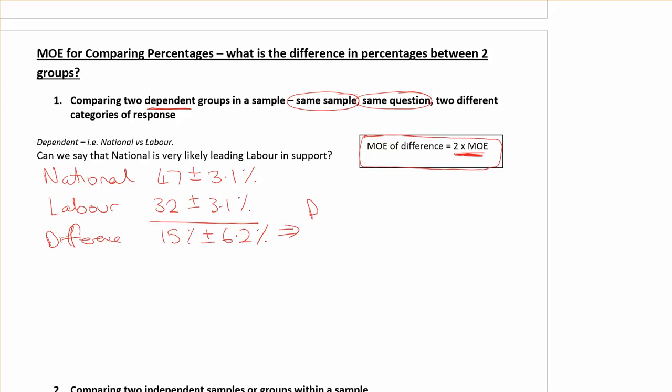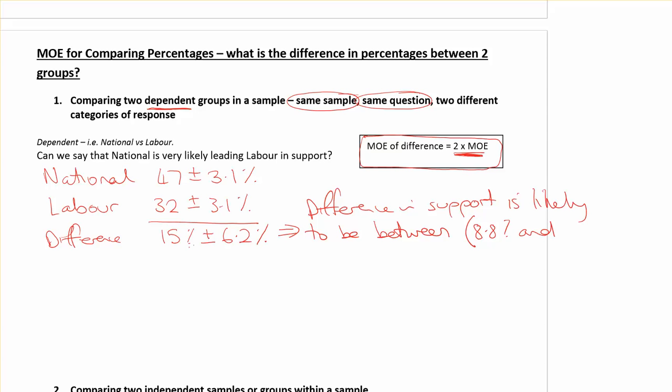That tells us that the difference in support is likely to be between 15 minus 6.2, which is 8.8%, and 15 plus 6.2, which is 21.2%. So the sentence: we are 95% confident that